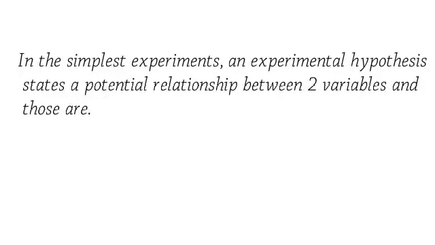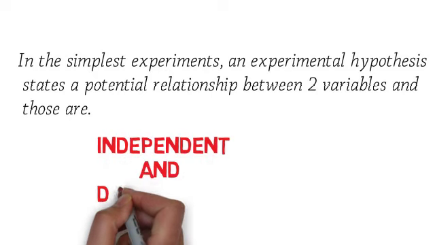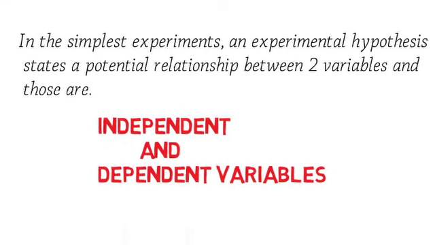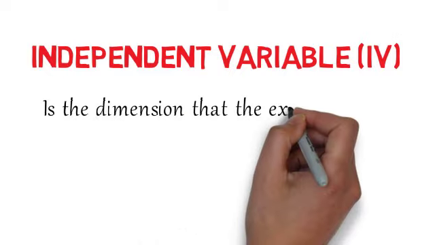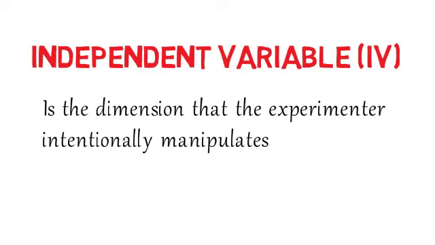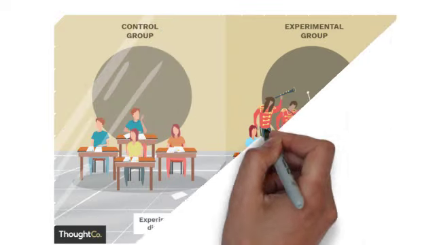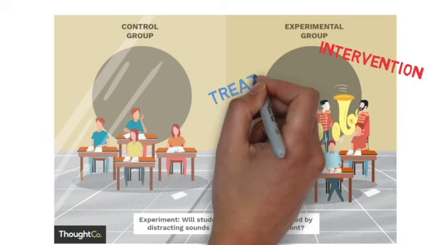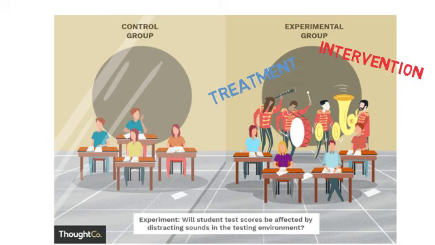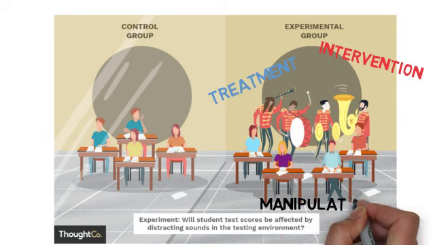In the simplest experiments, an experimental hypothesis states a potential relationship between two variables, and those are independent and dependent variables. An experimenter's independent variable is the dimension that the experimenter intentionally manipulates. Katulad ng sinabi ko sa inyo guys, ito yung binibigay nating intervention or treatment sa ating participants. Tayo ang magko-control dito at magmamanipulate. In an experimental research, IV must be given at least two possible